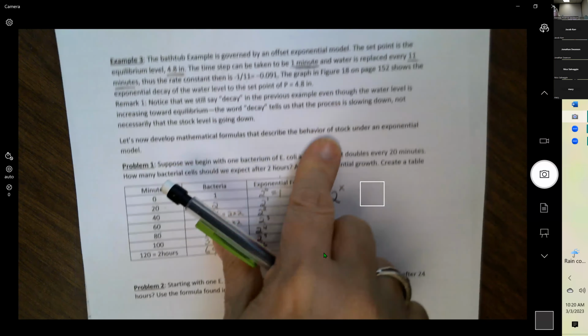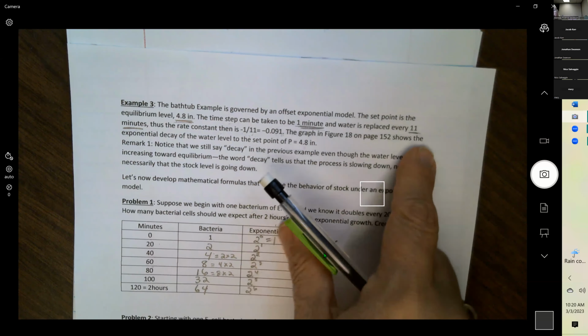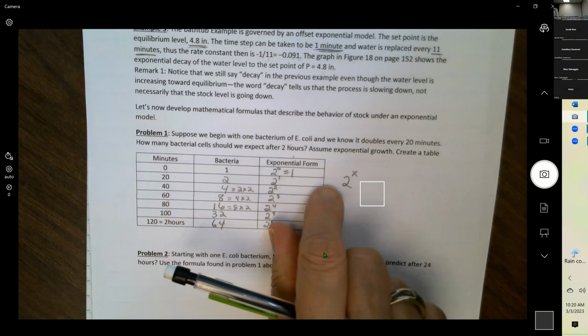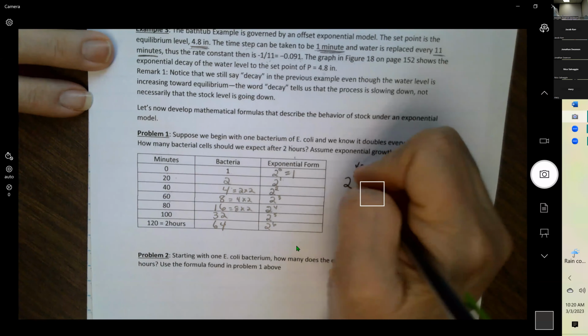Now, the reason they're saying, like they did over here, they divided by how many times it repeated or when everything refreshed. So this would be dividing by 20. If we use just x, then it's how many sets of 20 are you talking about? Like this is the first set of 20. This is after 2 sets of 20 or 40 minutes. This is after 3 sets of 20. If you're just using an x, then you've got to think about that. It's talking about how many times it doubles, not minutes. So written just like this,